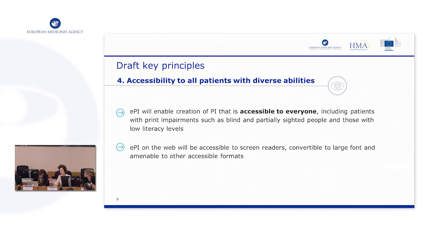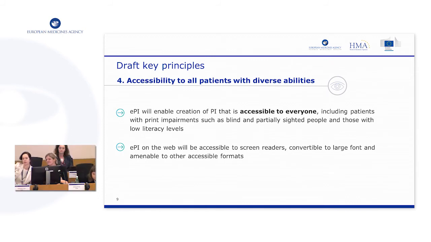I think we can certainly reflect on the point you've made, and we also have to bear in mind that these key principles will be read cold by people who aren't familiar with the regulatory world, product information, and they'll start by saying, oh, but we want the paper, and they feel under threat. So we have to balance showcasing some of the benefits in simple terms, but we can certainly reflect on how we present that optimally and simply. Kim, please.